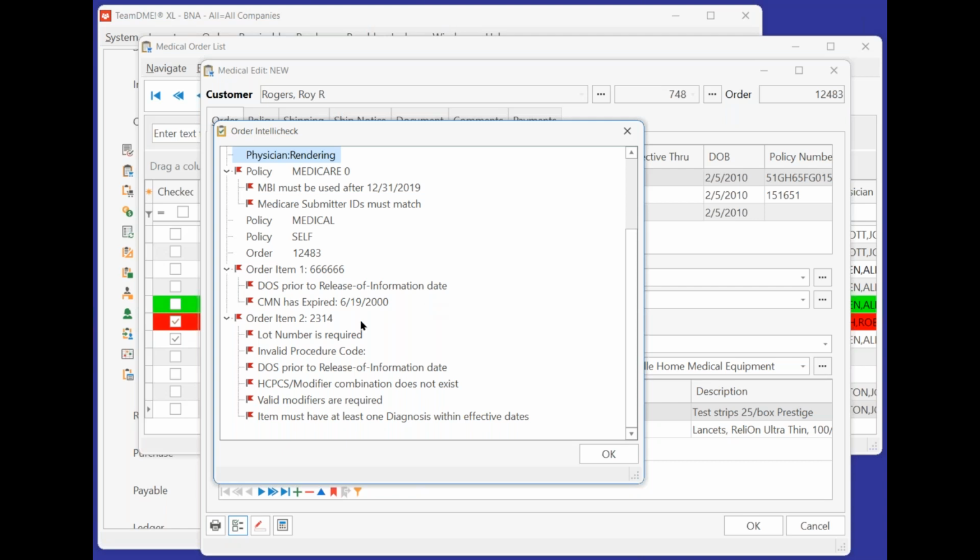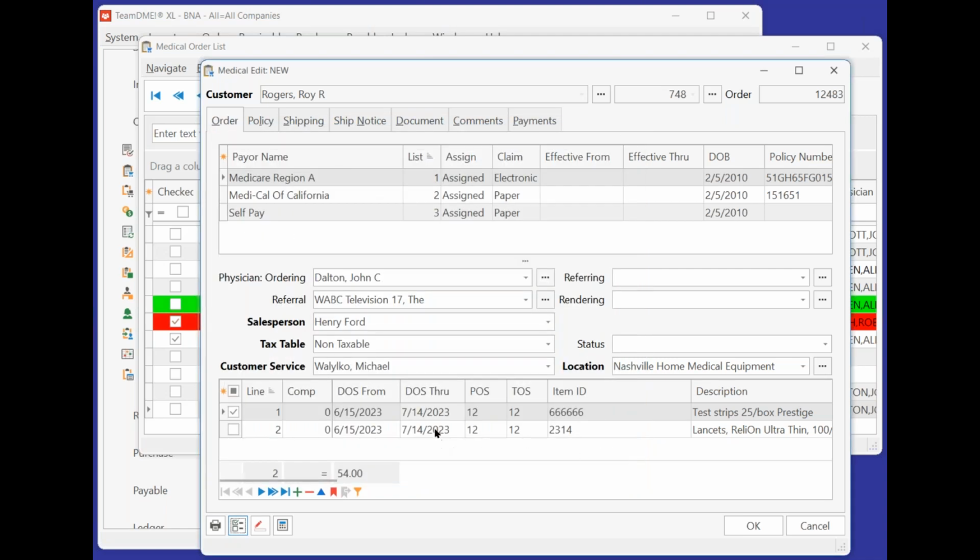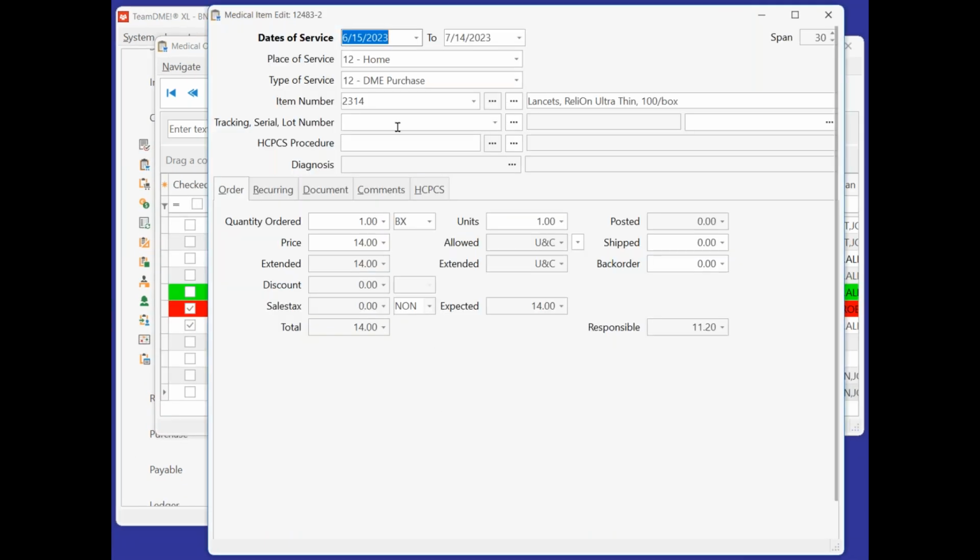I'll point out one more thing, or a couple things maybe. Lot number is required. This particular item requires a lot number. I showed you in part 1 that an item needed a tracking or serial number. Well, now this item needs a lot number. Lot numbers, which we really should have on the test strips, we didn't check that off, but on, let's say, the Lancets, the lot number box is down here, the 5th row, but it is over to the right. It's way over here,